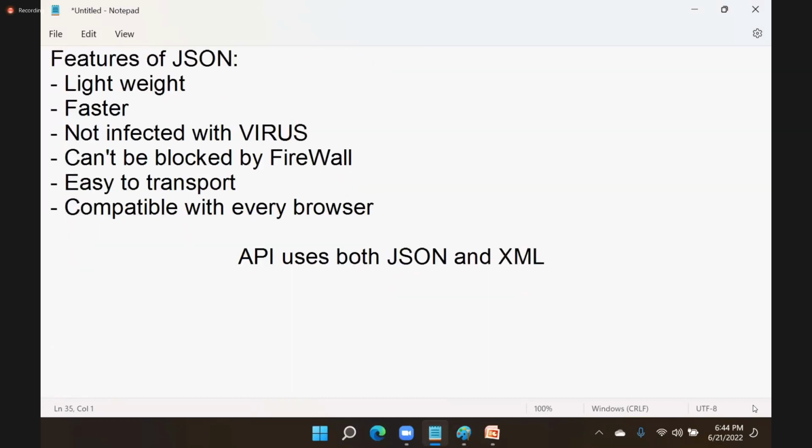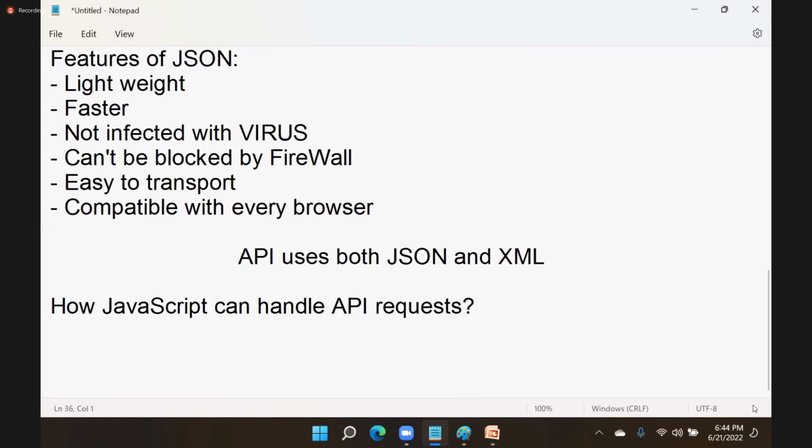That means here the question is how JavaScript can handle API requests. How JavaScript can handle API requests, right? How it can handle API requests? It's very simple. So actually, the answer for this is